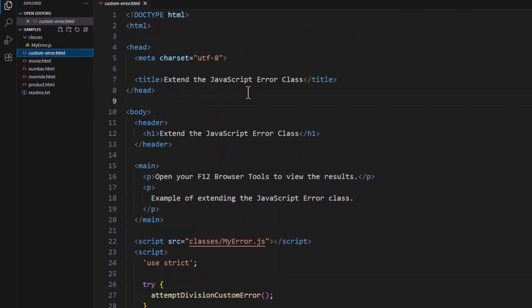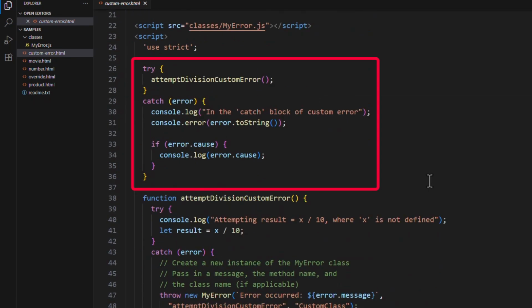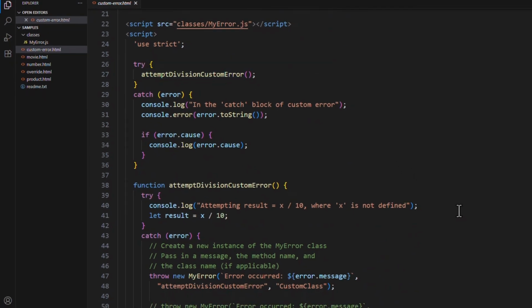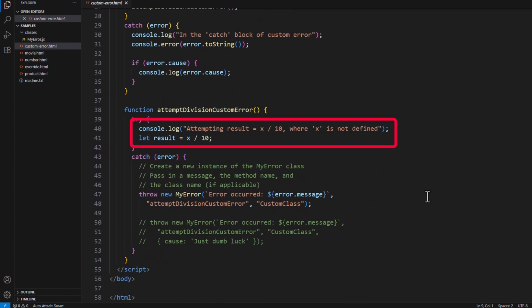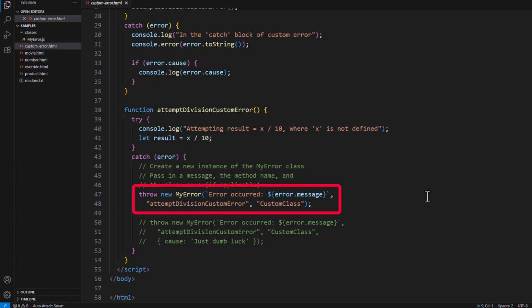If we go to this custom error HTML file here, you can see what I'm going to do is try attemptDivisionCustomError. So inside of the try block, I'm actually calling this attemptDivisionCustomError, which is down here. And you can see that I'm going to do result equals x divided by 10. So I'm going to attempt a division where x is not defined. I'm going to get an error, so it's going to go into the catch block. I'm then going to throw a new